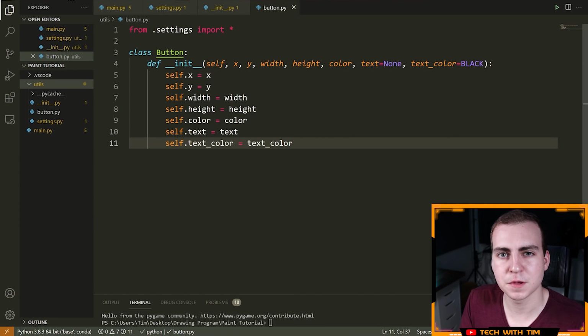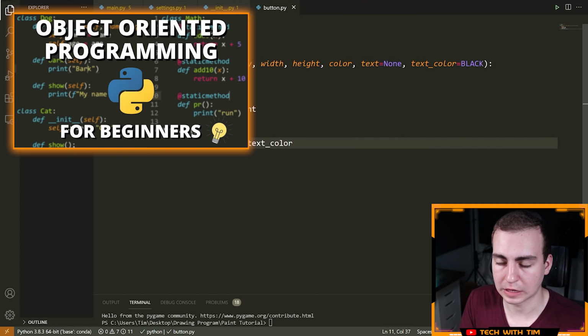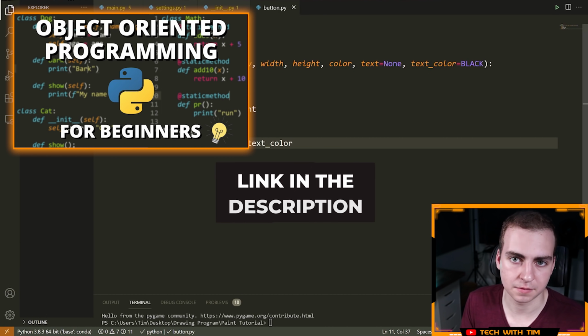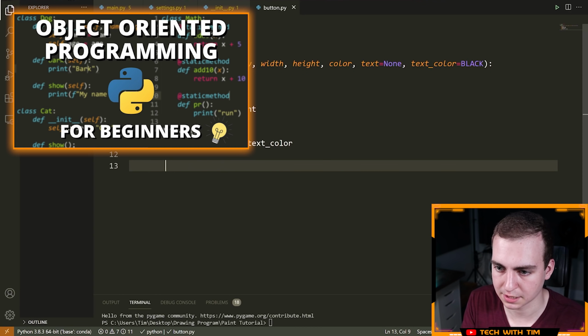All right, so if you're unfamiliar with what I'm doing right now, I'm not really going to explain OOP. It would take a really long time to explain what all of this stuff is actually doing. I do have a video on my channel that goes through OOP, object-oriented programming. That's what OOP is. And so feel free to follow along with that. Again, I'll leave a link to it in the description and some card. If I forget, please do remind me because there's a good chance I might do that.